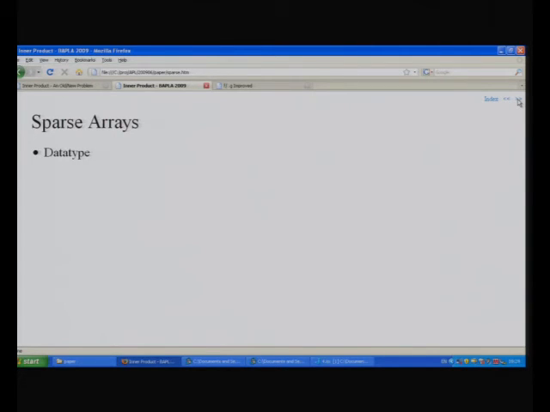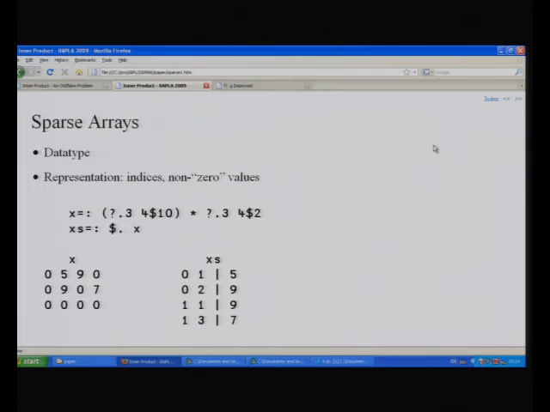Now I'm going to go into a big sparse matrix location. Sparse arrays are a data type in J. And what it is is a different internal representation. Here you have a matrix in the representation that you know, a rectangular representation. And this expression converts it into the sparse representation,